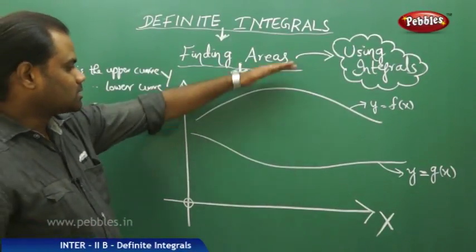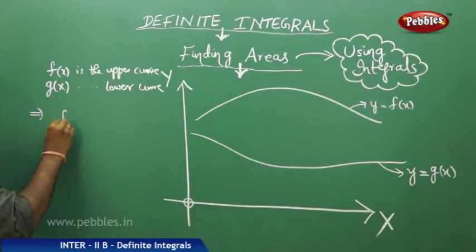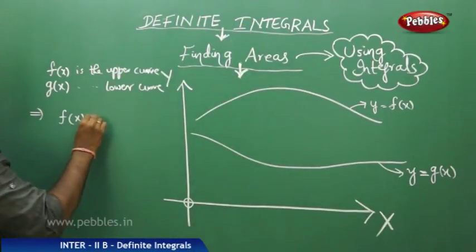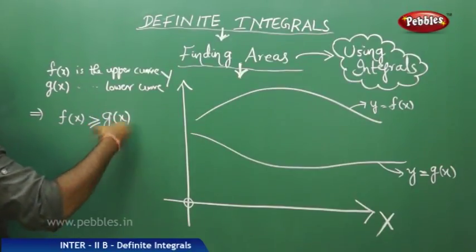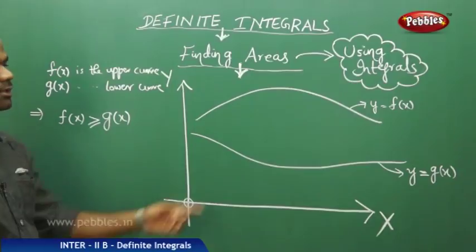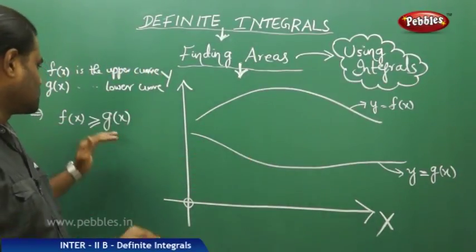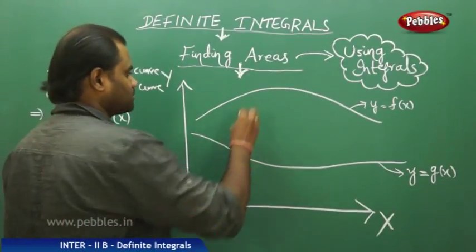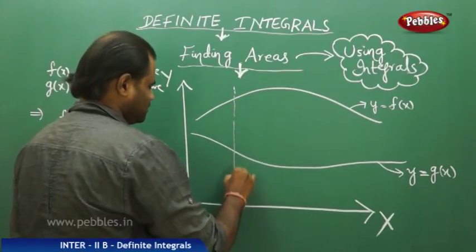When we see this, this is upwards and this is downwards, and therefore this implies f of x is always upper of g of x, that is f of x is always greater than or equal to g of x, but here it is strictly greater than. So in this case, this being greater than this is the condition through which we are going to define area between the bounds. So for example, I want to find the area